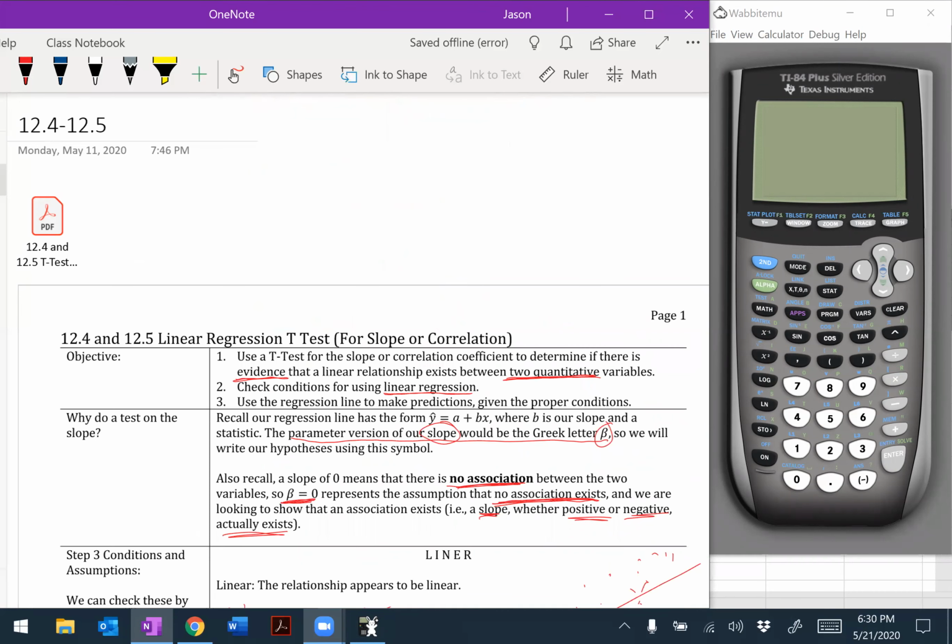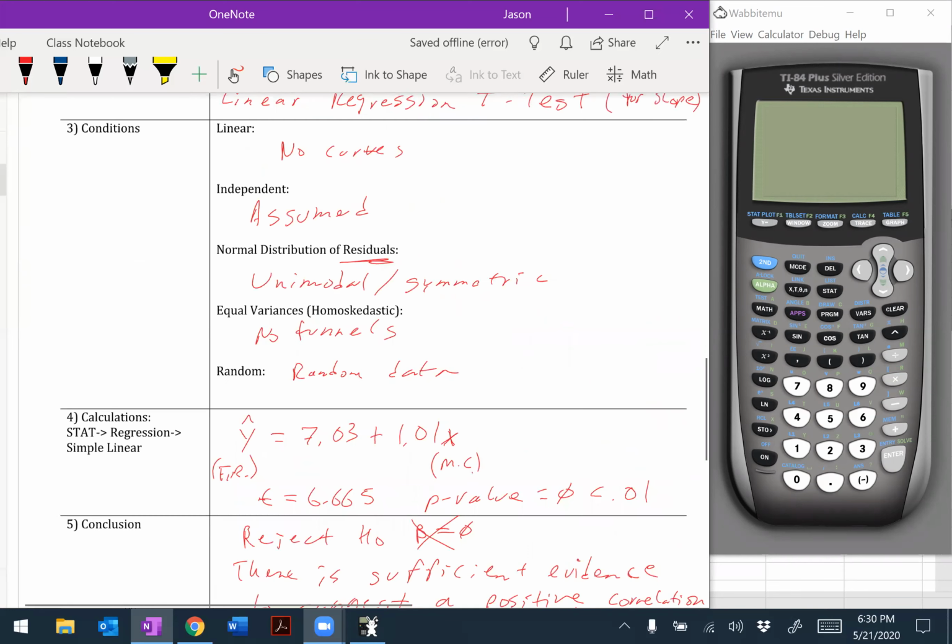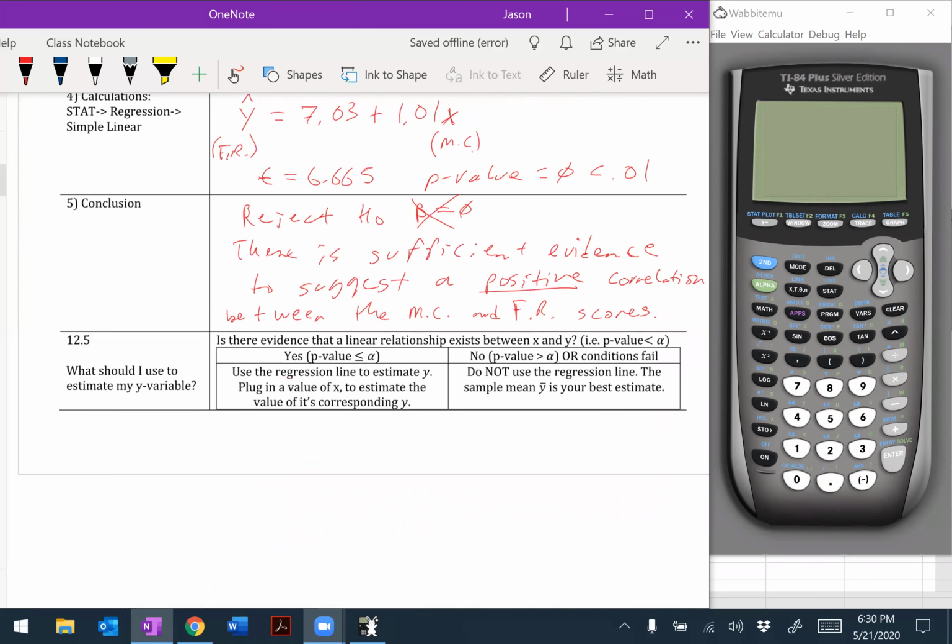Sorry, does anybody still need that? Kind of. Okay, let me know. We'll come back to this because I have to cover 12.5. This little line there as well, but